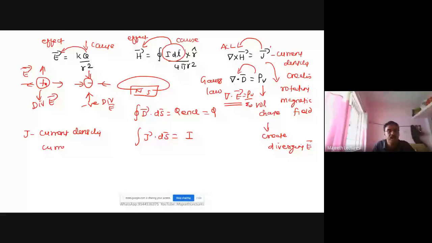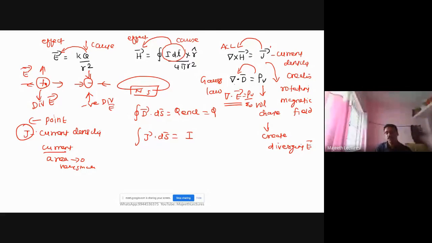Or the current in that area is very, very small, tending to 0. Not exactly 0, but a very, very small area. Current means we find it across some lengthy element. Current density means we find it at a particular point. So when we study antenna, we study J only, not I.